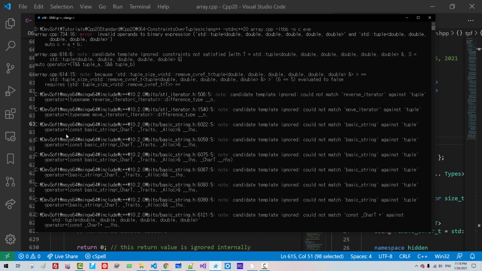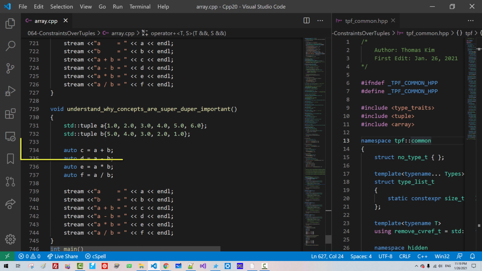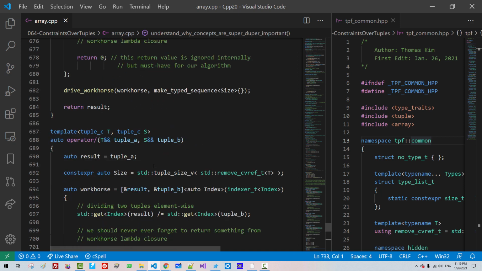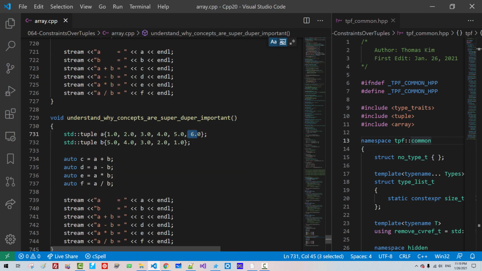Now scroll up. Now the error comes at line 734. Error, invalid operands to binary expression. This plus operator, if we scroll up, this requires clause works correctly because we used tuples with different element counts for addition.